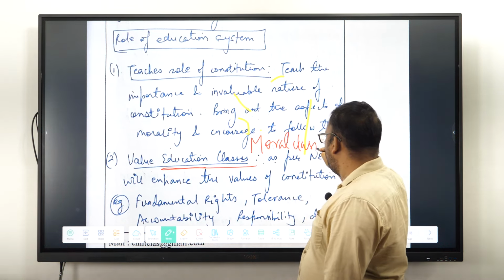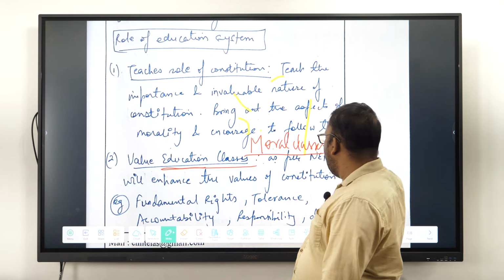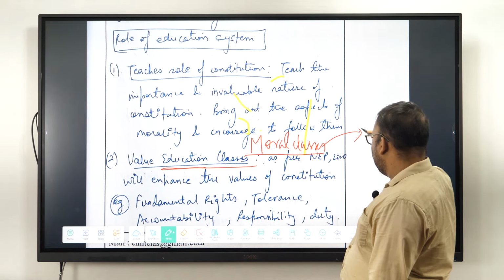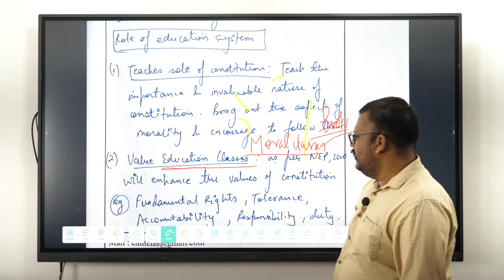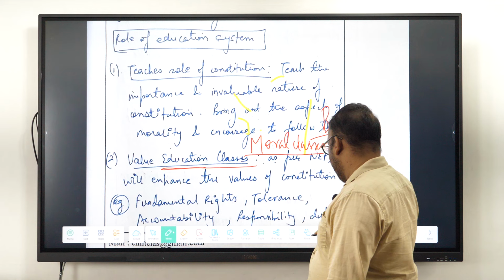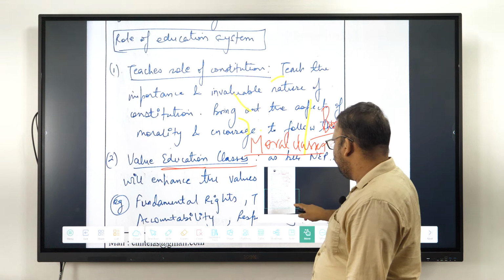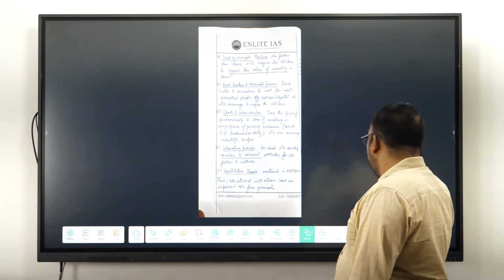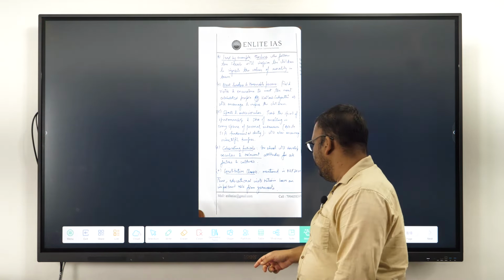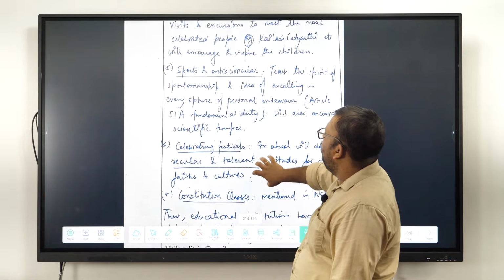This can be through class or it can be through books. Good books of thinkers can cultivate this particular value system within an organization. The next slide, when he is trying to explain, he is explaining that